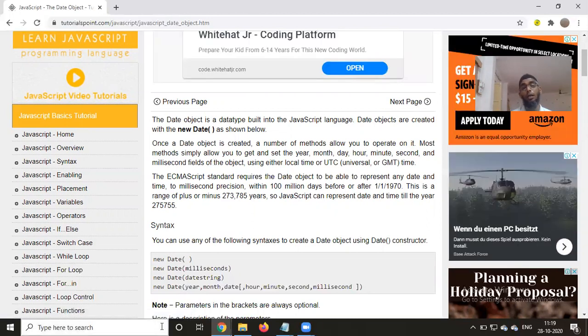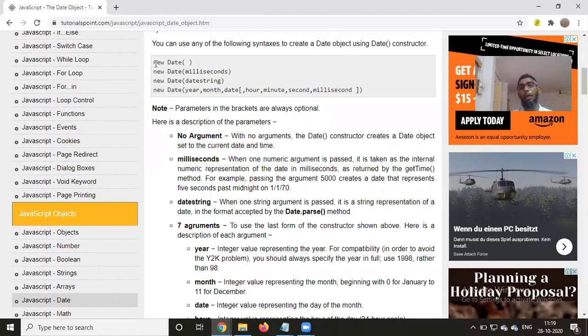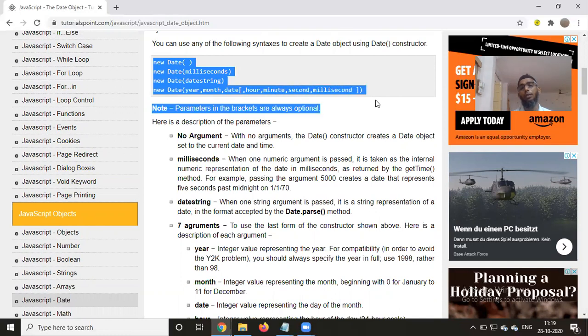If you observe the syntax here, when there are no parameters, the Date constructor creates an object with the current date and time. When you give milliseconds, it takes the internal numeric representation of the date in milliseconds, returned by the getTime method.